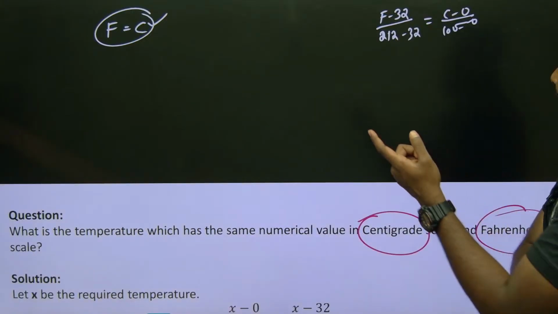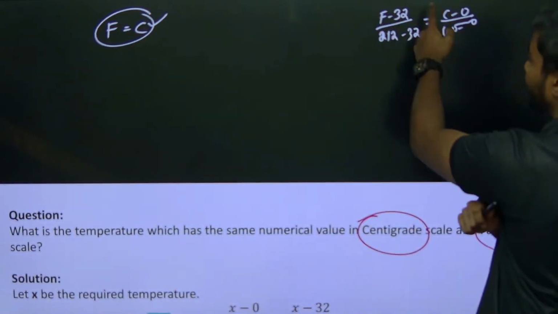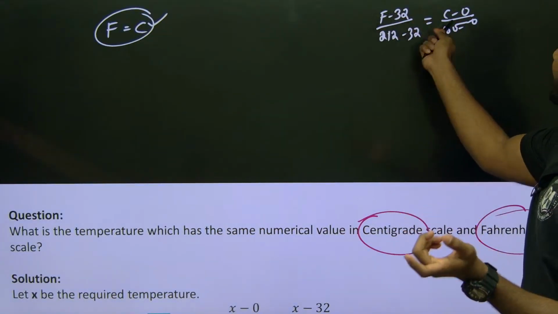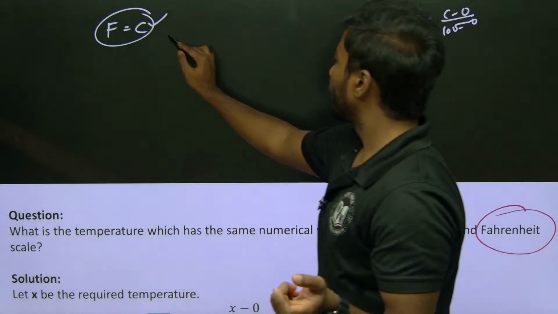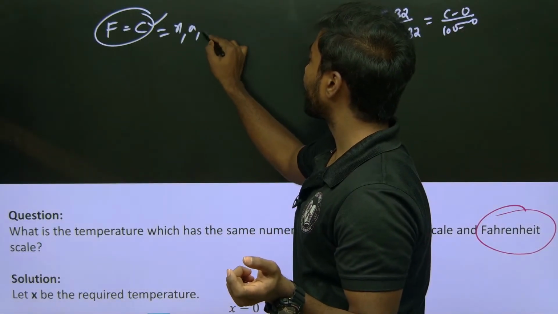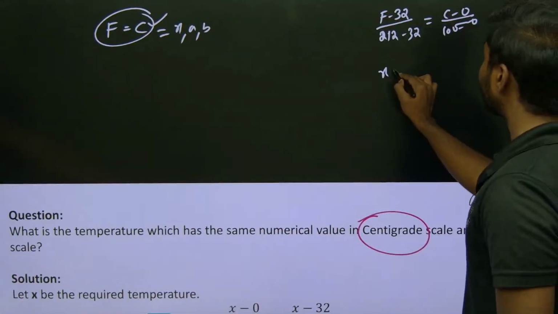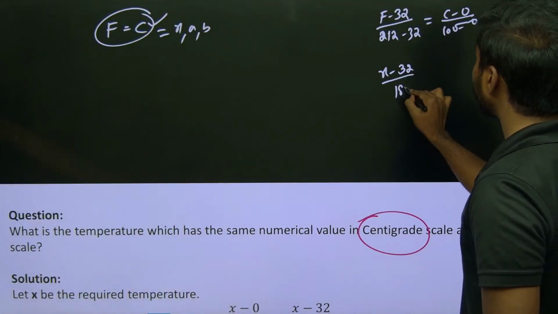So either I can take this as C or I should take this as F. Or you can replace F and C with another term, X or A or B, whatever term you want. So if I take X minus 32 by 180 should be equal to X by 100,